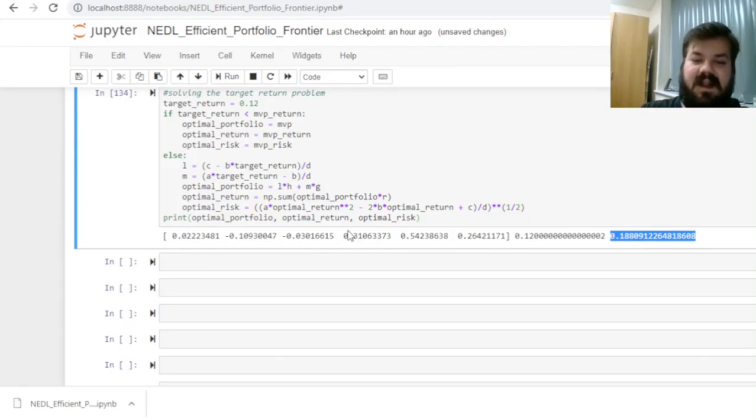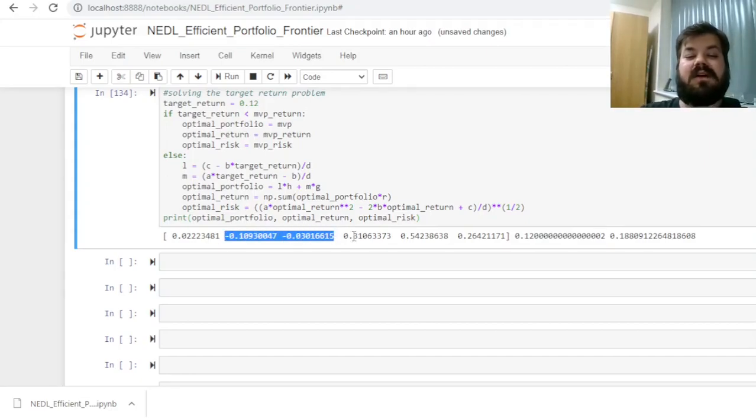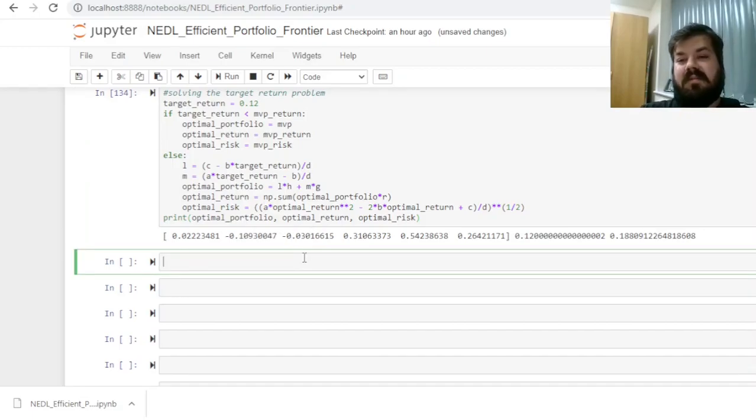And what is nice is that we see the allocations that we seek to achieve to provide ourselves with the best portfolio given the assumptions that we've utilized that gives us a 12% target return. And still, we see how prominent short selling recommendations are from the Merton matrix model, and we might as well, in some future video, tackle quite a more complicated and less pretty way of constructing efficient portfolio frontiers with short selling constraints. However, that's a topic for another day,